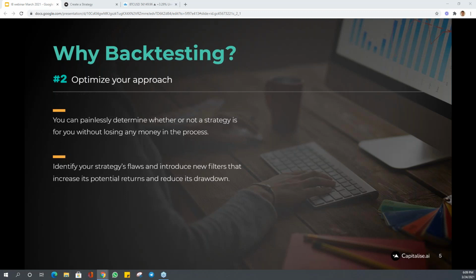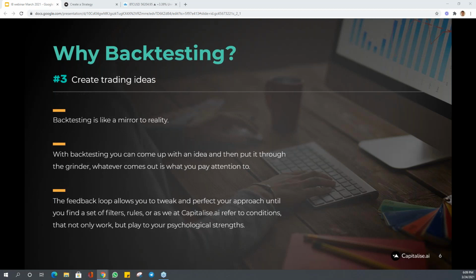So through backtesting, you can identify its flaws, introduce new filters that increase potential returns and reduce its drawdown. So number two, it's to optimize our approach. Find the best conditions for the strategy. Great. The next idea, the third out of four,